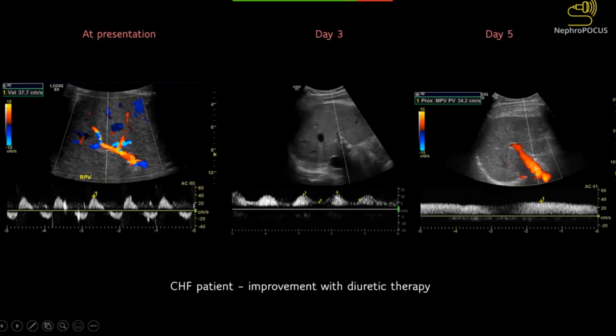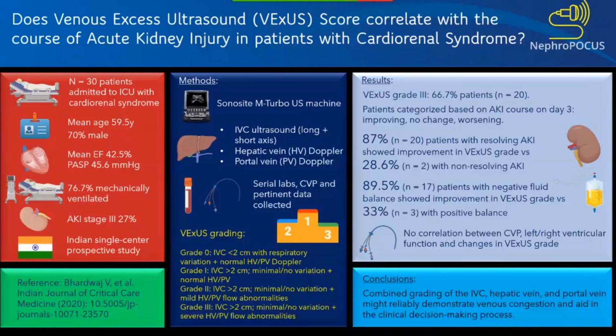Gradually, with diuretic therapy, the pulsatility has improved, and the whole waveform came above the baseline here. And eventually in 5 days, with a good amount of urine output, the portal vein has become completely normal. This is how you can use it in day-to-day practice. It's not just the experience of some case reports, but